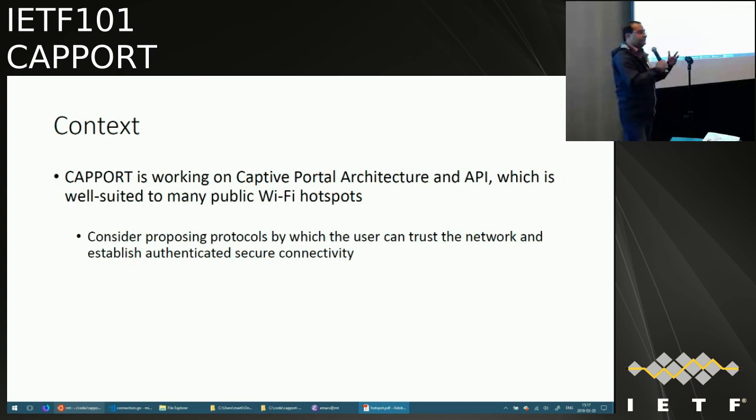But even if you have an unauthenticated encrypted connection, which is one of the things that a feature called OWE provides, it's still open to active man-in-the-middle attacks. So this is just me throwing out in the air right now to see, would the working group be open to discussing or having something added to the API so that even if a device connects to an untrusted network, at least it can then somehow interact with